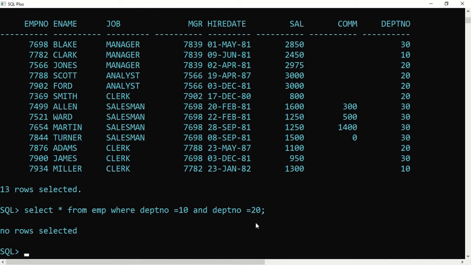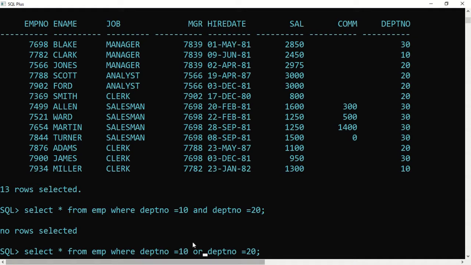It says no records. But actually I want to list out those persons who are working in department 10 or, see the word, or. Or means either he is working in department 10 or he is working in 20. If any condition matches, list it out.